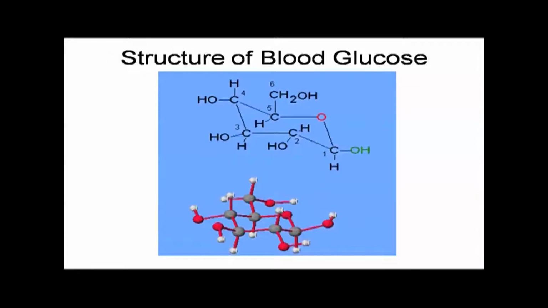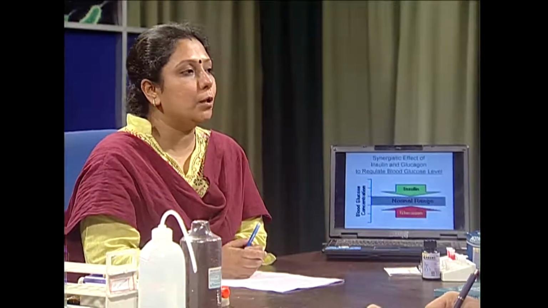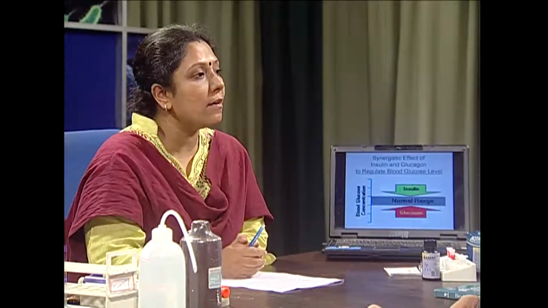Within the bloodstream, the normal glucose level is regulated by two hormones, insulin as well as glucagon. The normal value of blood glucose lies between 64 to 104 milligram per deciliter. The blood glucose can be estimated in various ways, including the chemical method as well as the colorimetric, biochemical or enzymatic method.